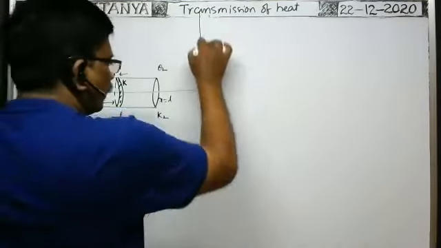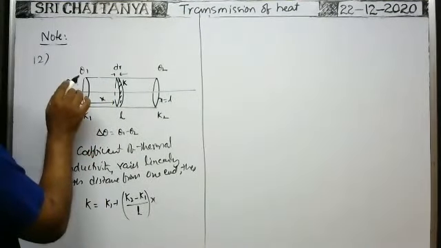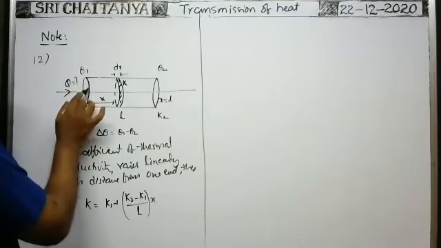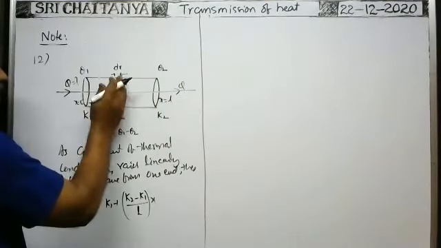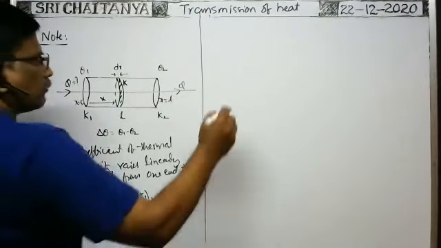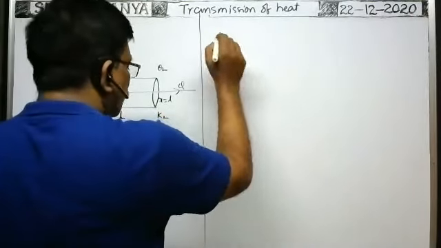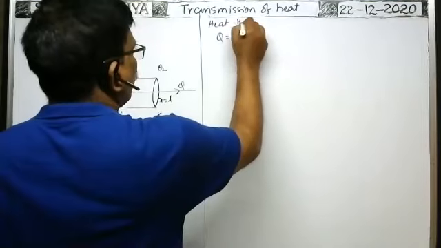Therefore, heat energy transmitted. Suppose some amount of heat energy enters the rod; in steady state, whatever heat energy enters, the same heat energy is transmitted through it. That's why through each and every element of this rod the same amount of heat energy is transmitted. So the heat energy transmitted Q is equal to the heat transmitted through the element.